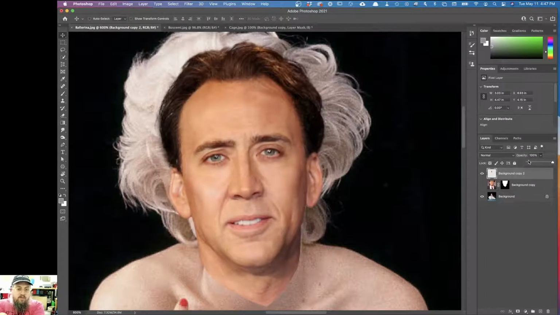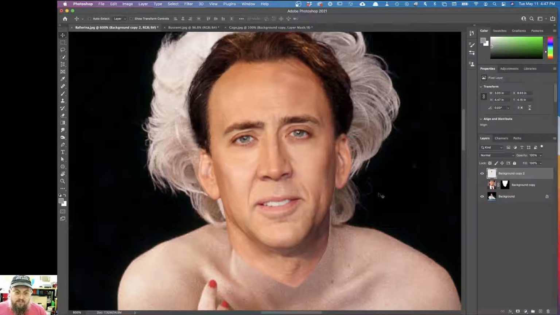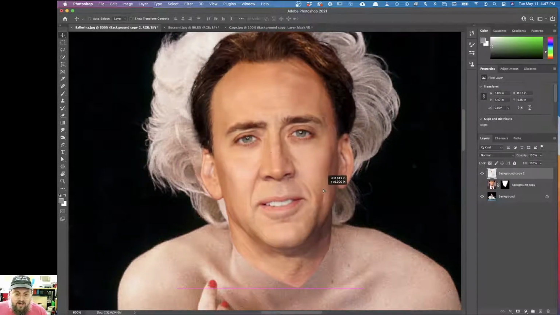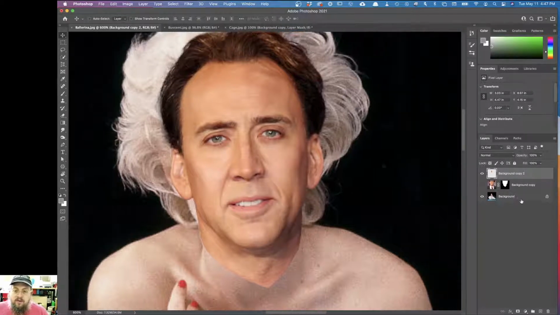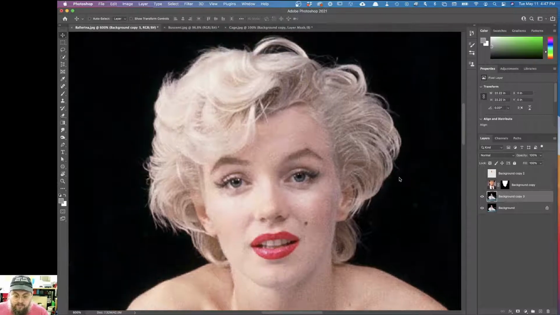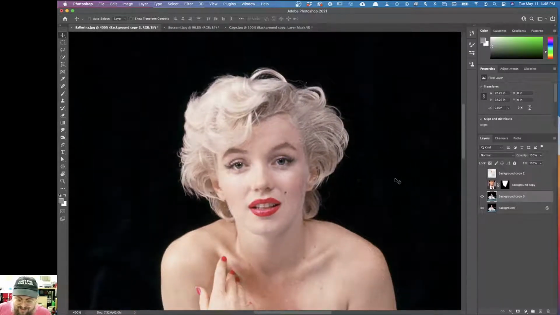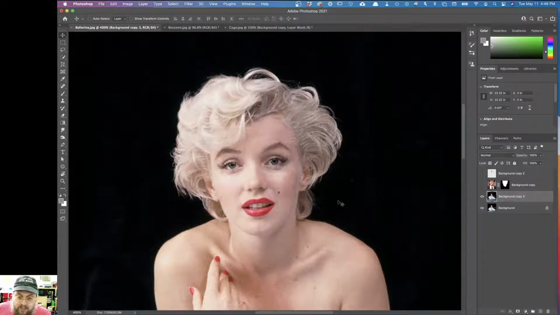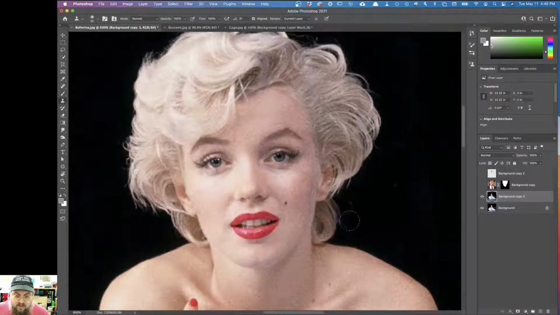And the main problem that we need to address at this point is the fact that we're not trying to keep Marilyn's hair. If we were trying to keep her hair, I would have just done a face swap, not the head swap. So I'm going to make a duplicate of the Marilyn layer. Remember, I'm doing that with Command or Control J, and I can do this a lot of different ways, but probably what I'm going to do is with my retouching tools,